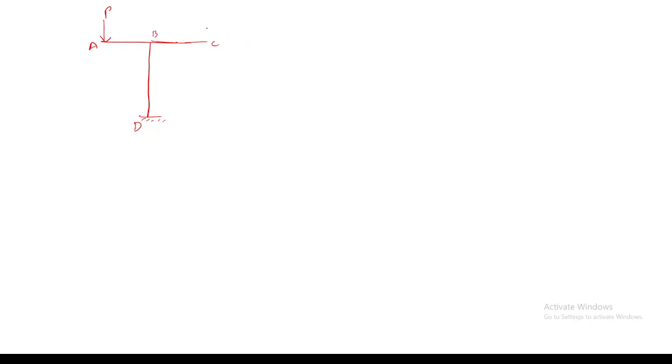This is P and this is 2P, and this is A, this is A, and this is of length L. Sorry, this also can be taken as A. If I isolate this member ABC,